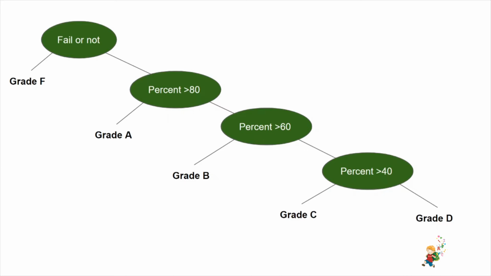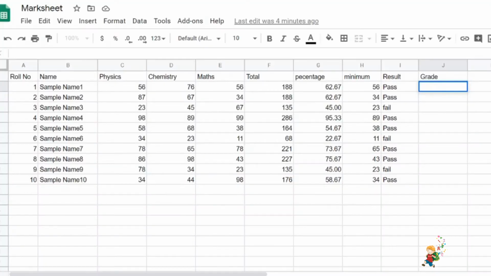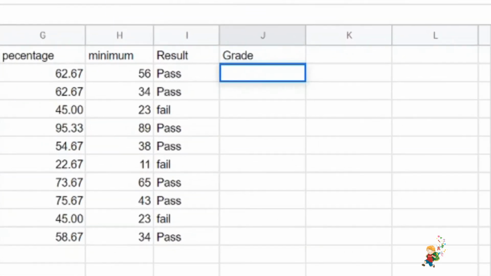Let me write the formula in my Google Sheet. First of all, we write the equal sign, then if. At first we will check if the student is fail or not. How to check that? We will take the minimum mark. If the minimum mark is less than 30, then the student will be fail.